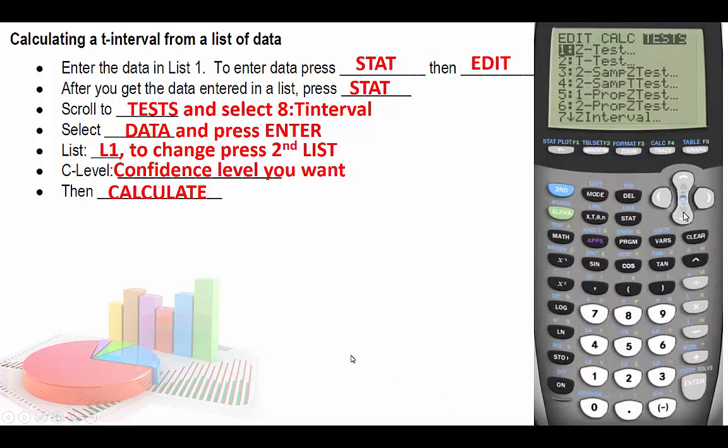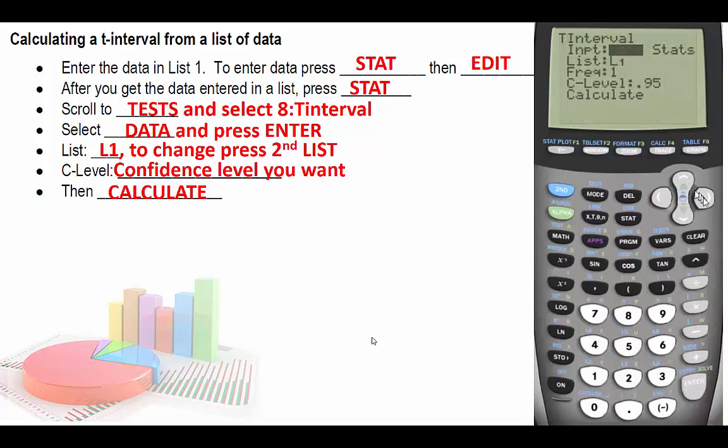I'd already calculated one var stats. Now I'm going down to 8, which is T interval. And there's data. Make sure the data is highlighted. There's my confidence level. And then hit calculate. And voila. By the way, you can also use this shortcut for a Z interval. But remember, a Z interval is when you know the population standard deviation. There's also a way to do this with just the stats, so you can actually enter in the X bar and the S if you're given it in the problem. So there are lots of nice shortcuts on your calculator that are worth